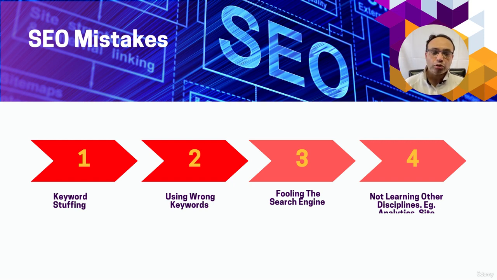The next mistake one could make is using wrong keywords. Now, I have already told about that. When you come up with the list of keywords, not everything is applicable to your content. For example, you want to sell running shoes. Now, it consists of two words, running and shoes. Just so you want your website to rank higher, you will say hiking shoes or biking shoes, which might not be applicable to your content, but since it contains the word shoes, you want to rank higher.